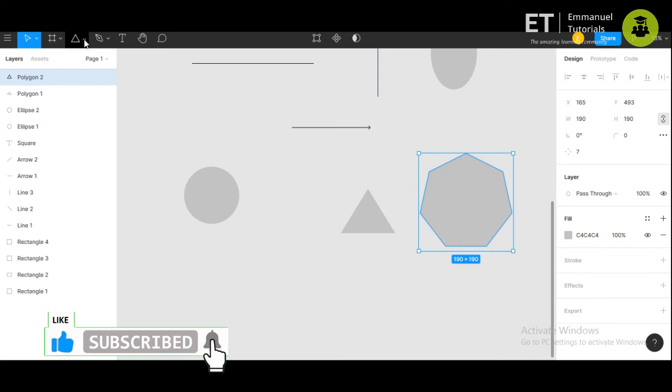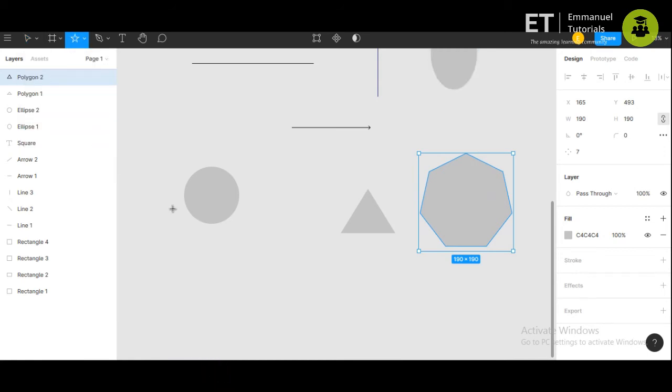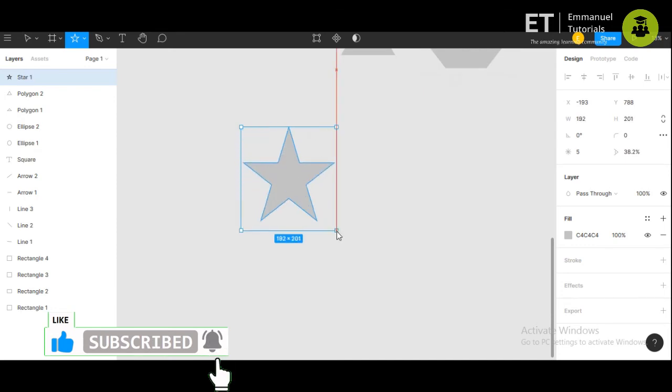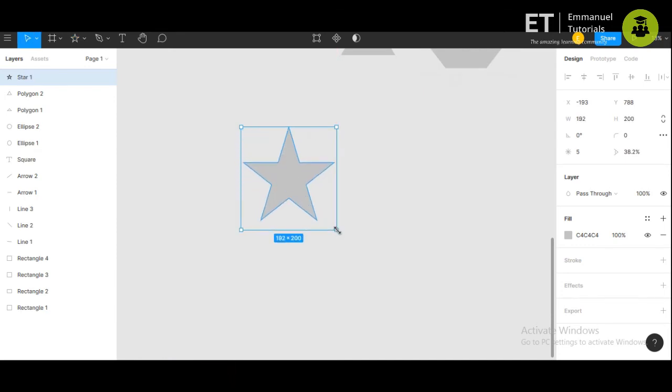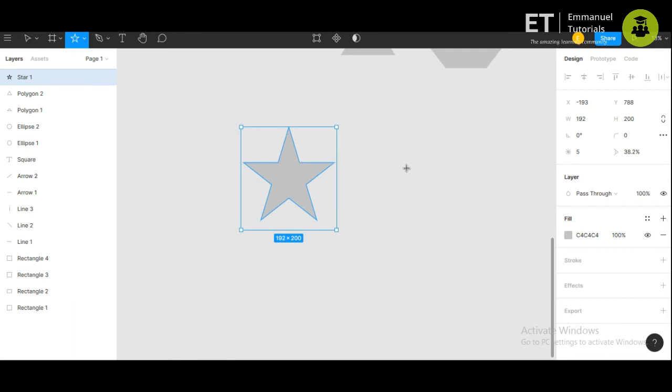Now next, we'll try the star. Star is again the same thing. If you just drag it, it will give you a shape with unequal sides. But if you want one with equal sides, then you will have to press shift.